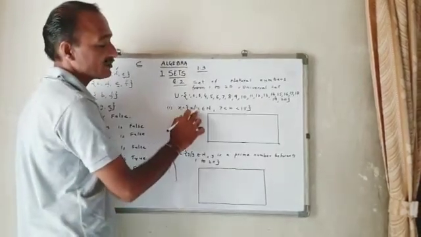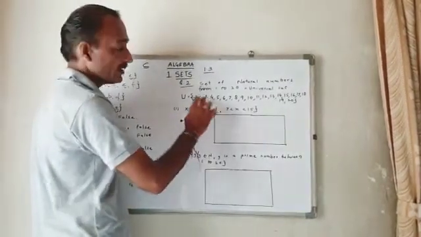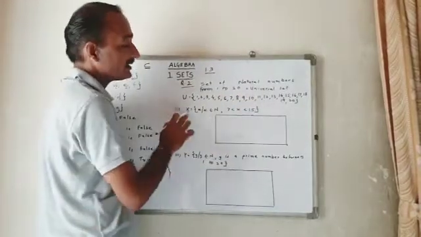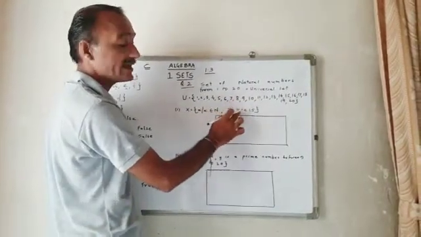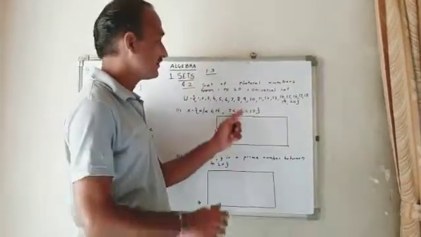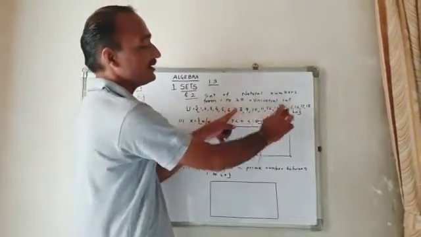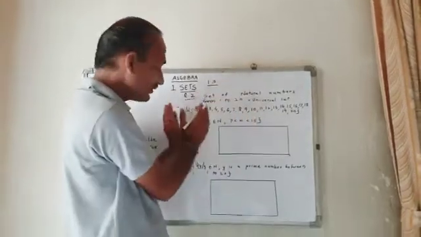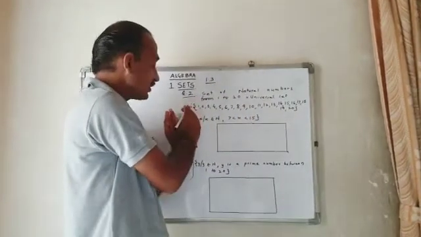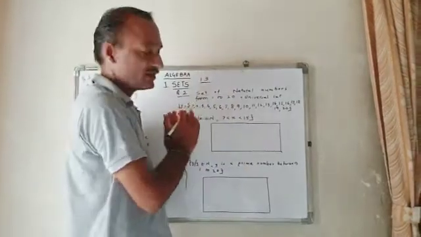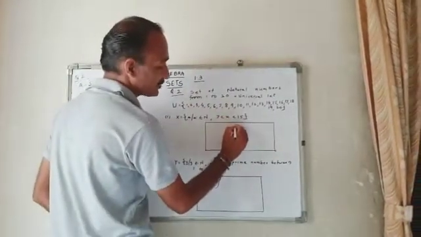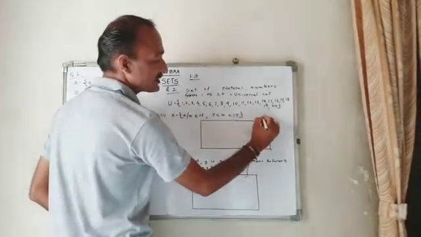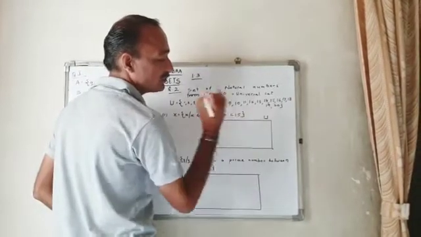X is the set of x where x belongs to natural numbers. Now these are all natural numbers, but the condition is 7 is less than x, meaning x is greater than 7: 8, 9, 10 up to 20, but less than 15. So first, what you will do? First you will take X only. Here you show X only. This is your universal set. Show it by capital U.